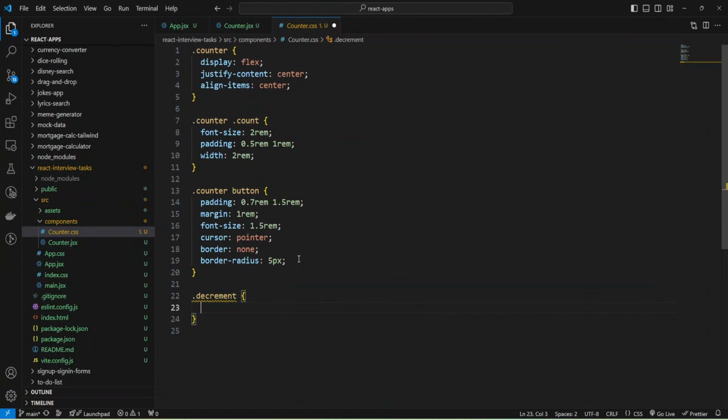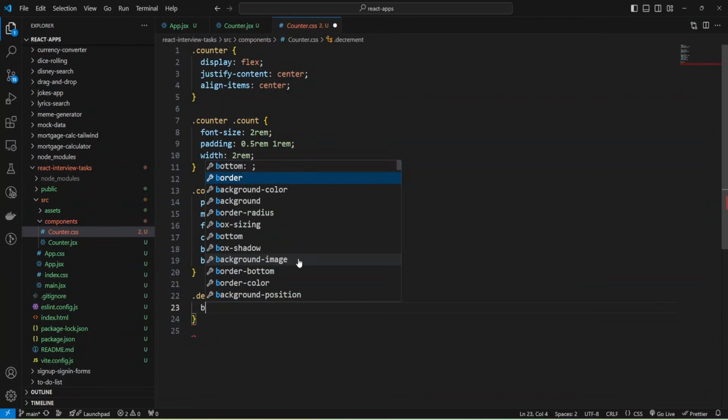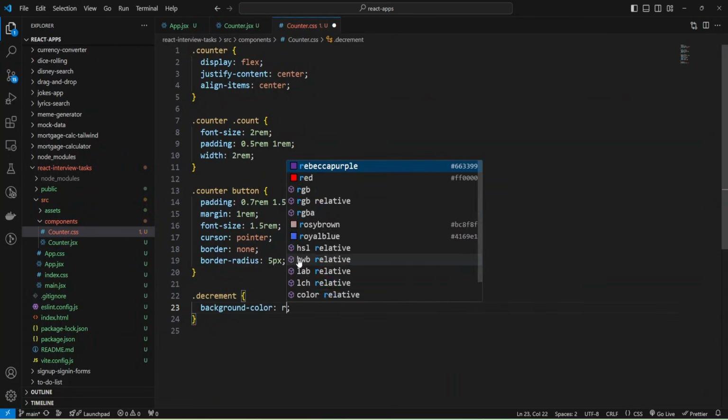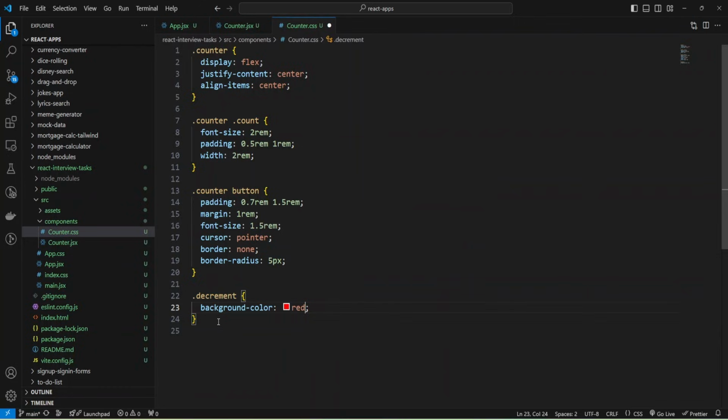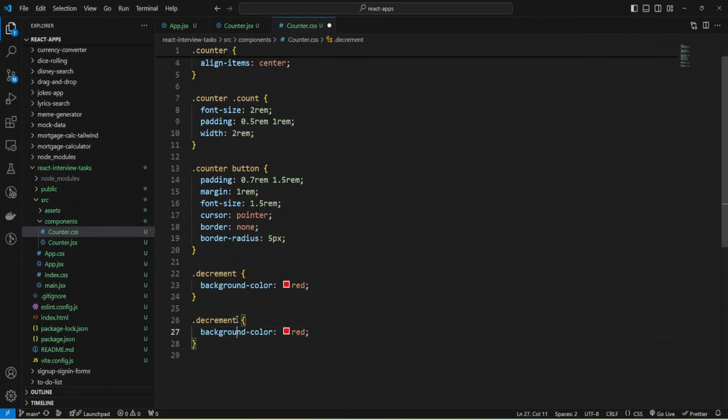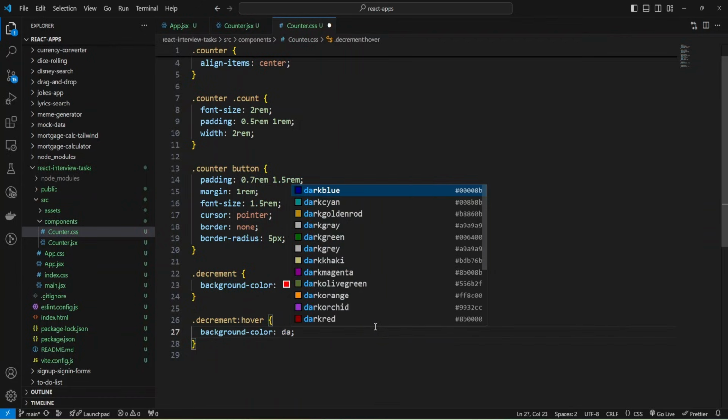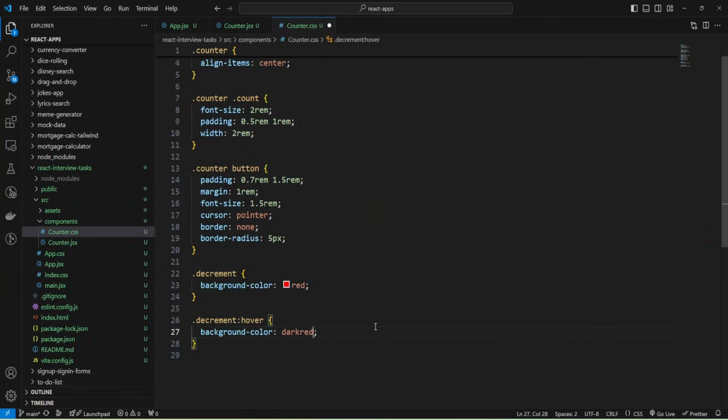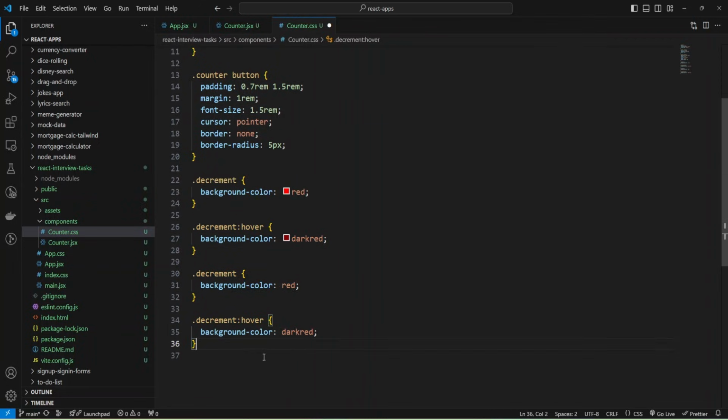For decrement, I'm going to add background color to make it red, and let me add color over pseudo class and make background color dark red, and also I will change background color.